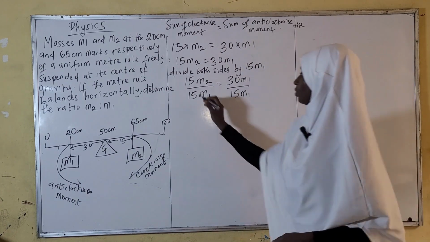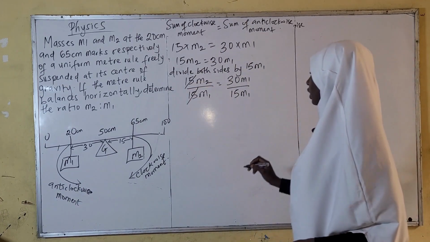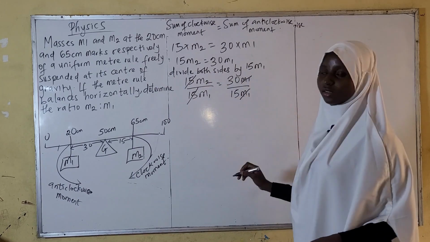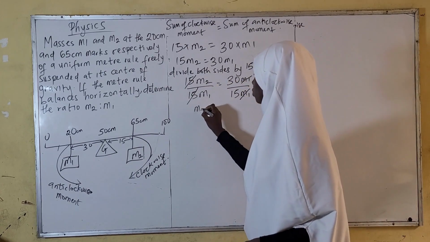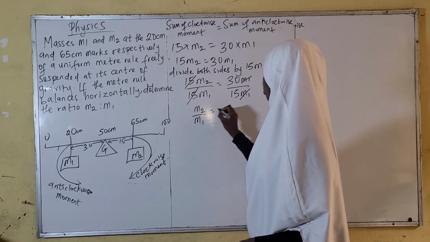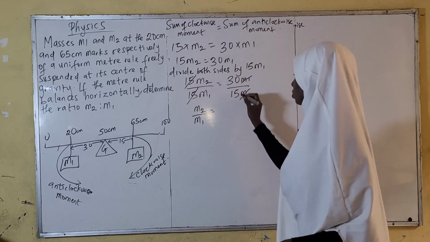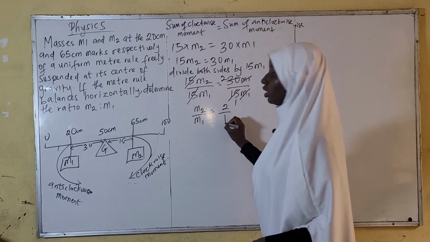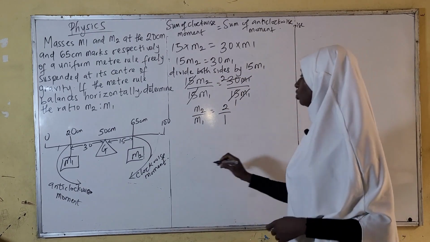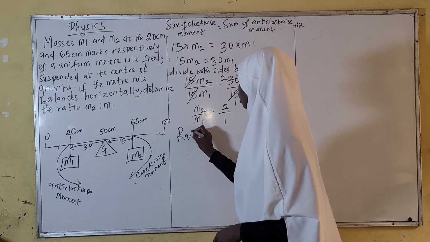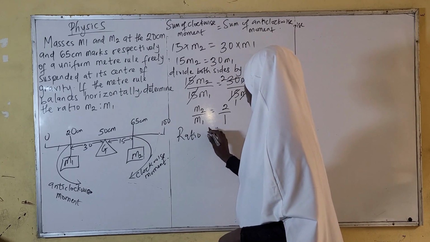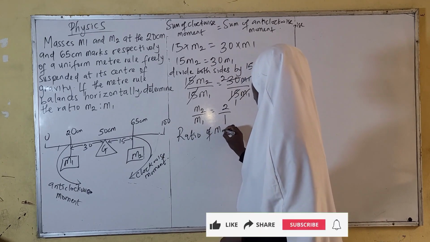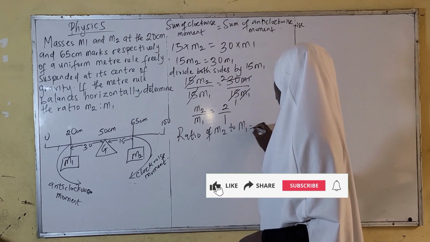So 15 cancels out, and M1 also cancels out M1. I'm left with M2 over M1 equal to 30 divided by 15, which is 2 over 1. So from here, we can deduce that the ratio of M2 to M1 is